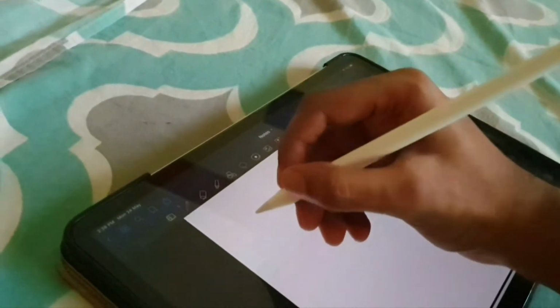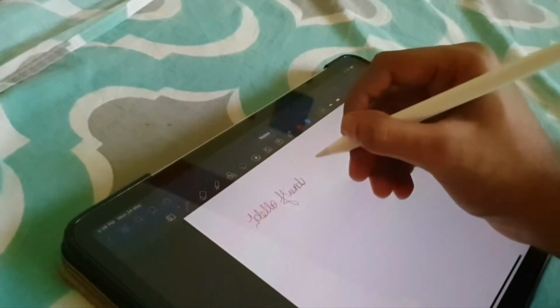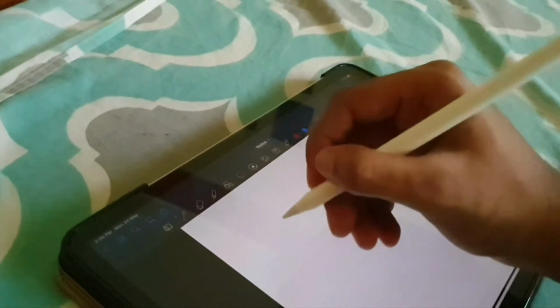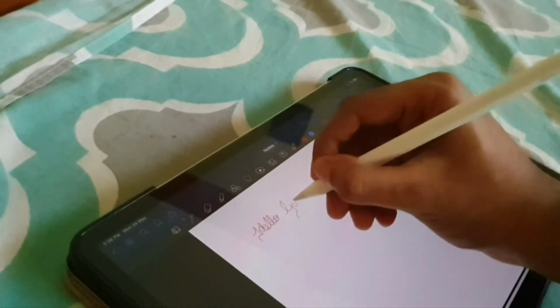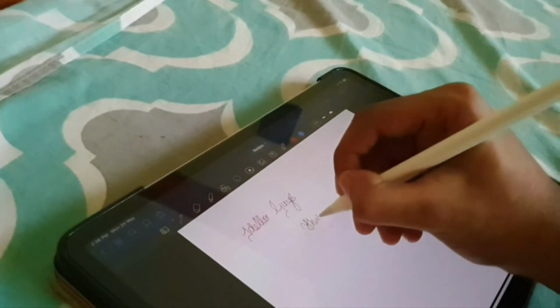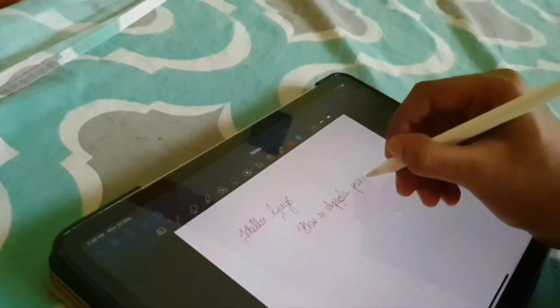So getting into the video, how well has the Apple Pencil been performing? Well, it's been performing great. It instantly connects with Bluetooth while attached on the side of the iPad. There's no lags, it's perfect and smooth for note taking and serves as a great tool for your digital note